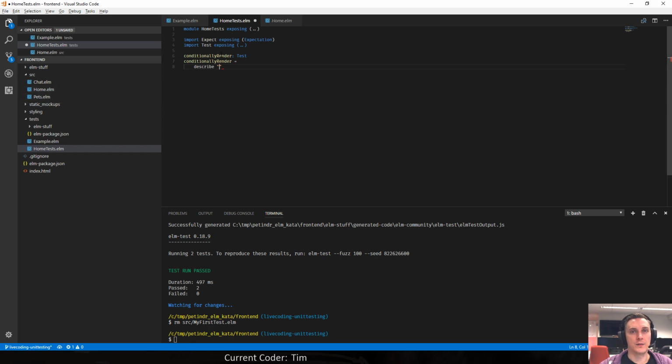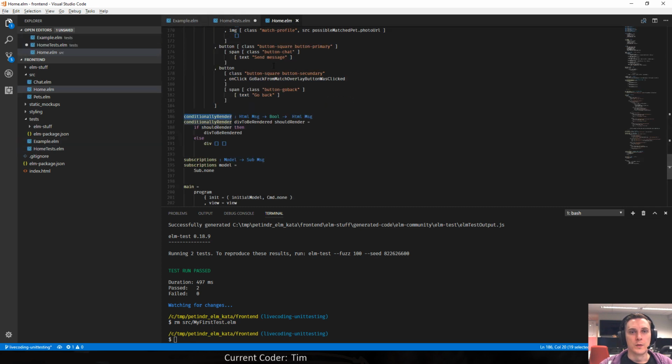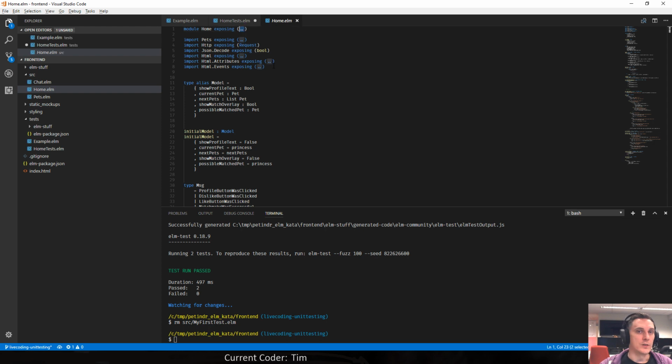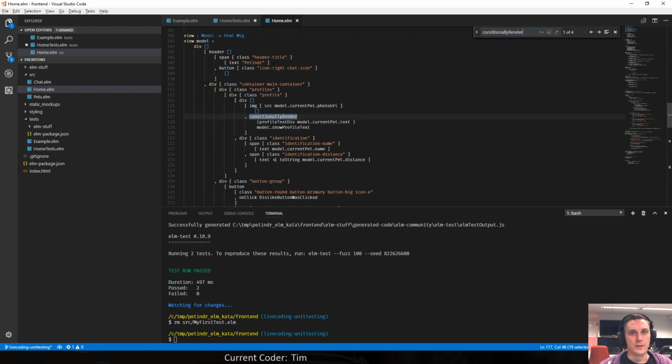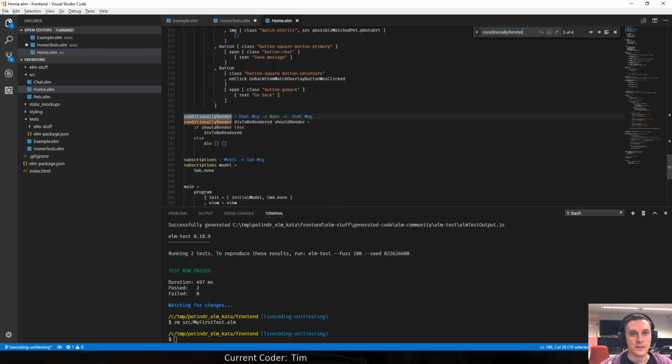So home has HomeTests.elm. Home is also exposing all of the things, which isn't necessarily a good thing, but it's an easy thing in our example.